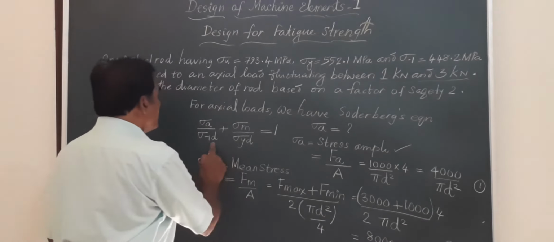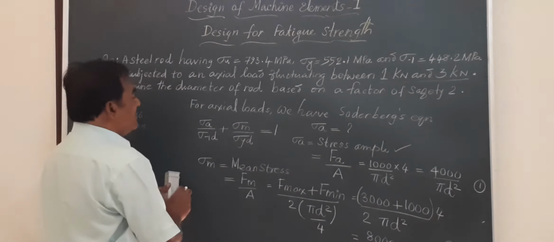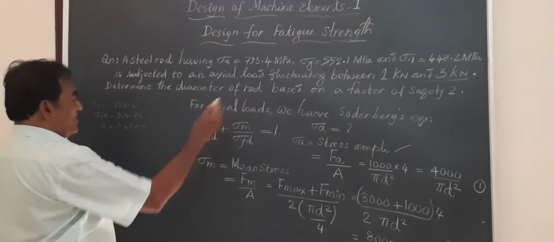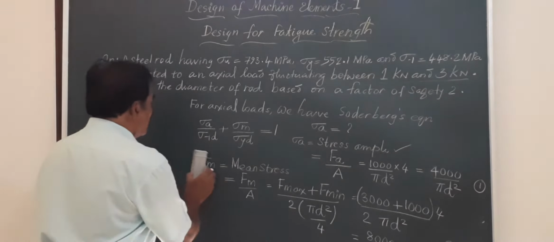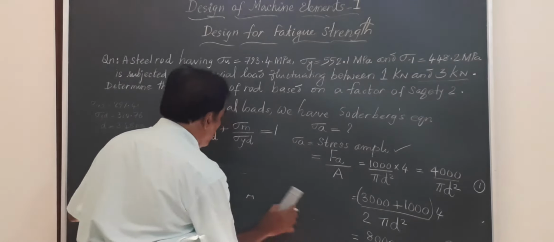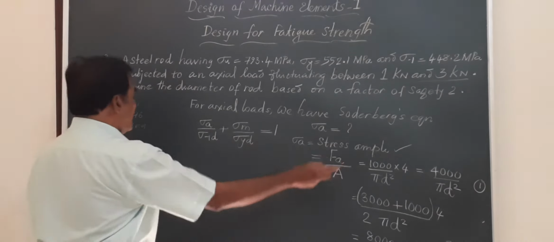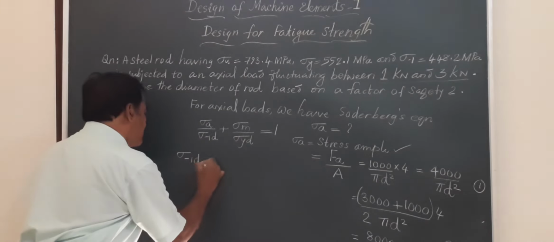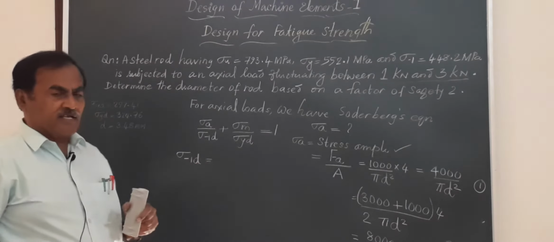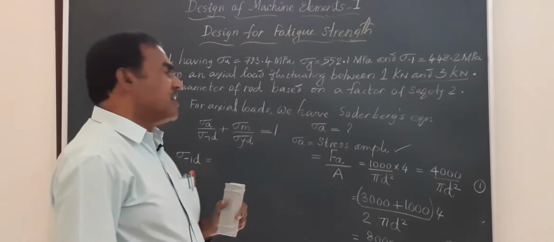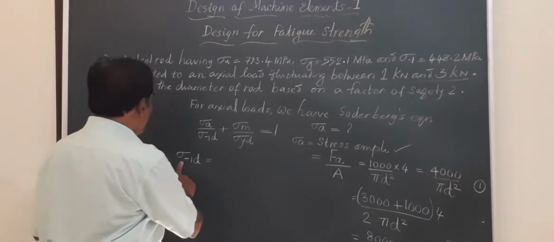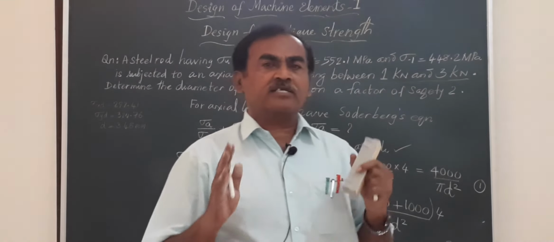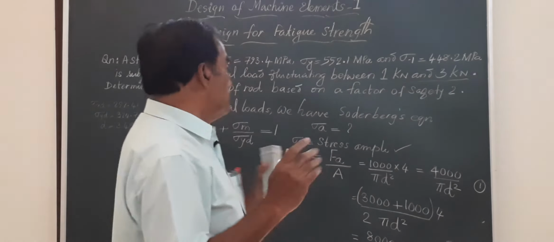Now I will have to find out these two parameters and then substitute to get the value of the diameter of the rod required to sustain this load. Friends, here I have just rubbed a small portion of this so as to accommodate the other data. Next I am going to find out what sigma minus 1d is. The d in the symbol stands for design stress or permissible value. Sigma minus 1 is an endurance stress, that is the stress the member can withstand for an infinite number of cycles.